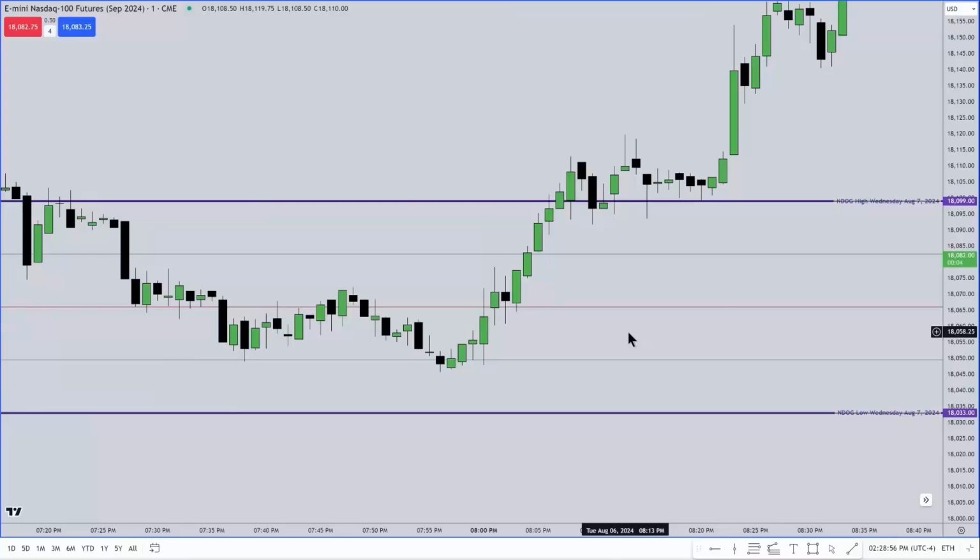If you have these levels on your chart, even if this was to come down and touch that low here and then moved out of it, that does not make this high, that midpoint, or that low stale or of no consequence or importance anymore. It's still meaningful to me for 5 trading days. So if this is for Wednesday, this is for your notes. Make sure you write this stuff down now.